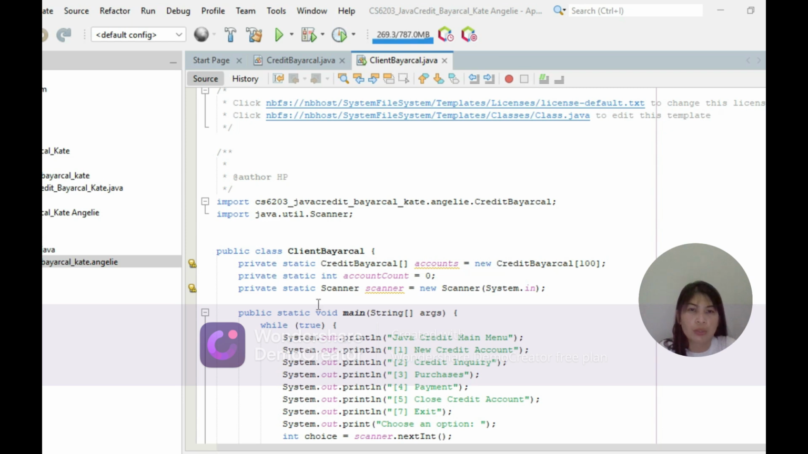I need to start with my program. Here is my Java NetBeans. I use my Java NetBeans IDE 17. So to start, I start with public class ClientHierarchy, and then